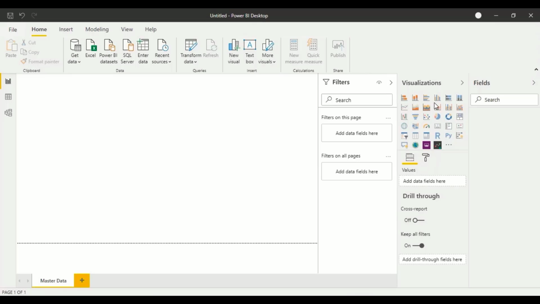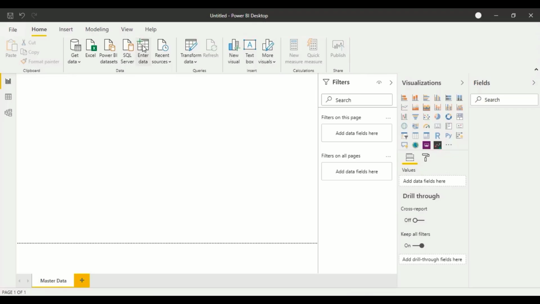For whatever charts or fields that we have selected from here, if we want to apply any filters, we can make use of the filters option. For example, if I connect my Power BI with data from 4 financial years, say 2017 to 2020, and I want to display data only for 2019 and 2020, then I can use the filters option. All these options will be discussed in depth later on. This is just an introduction to Power BI.